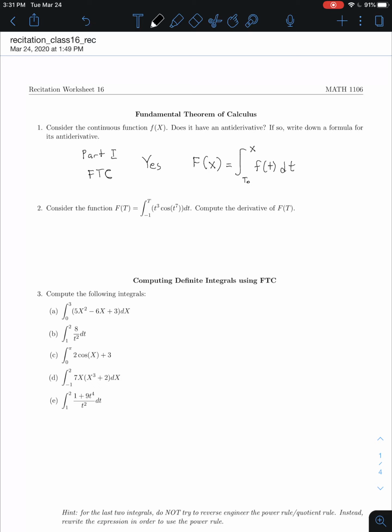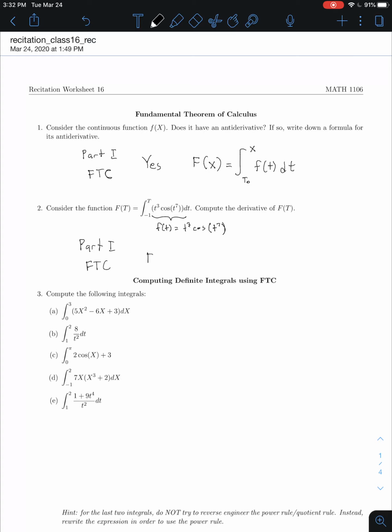Okay, and now for question number 2, this is again going to be using the first part of the fundamental theorem. Here we want to compute the derivative of this uppercase F, and like it said in the first part of the theorem, the derivative of uppercase F is going to be the inside function, this lowercase f. So if we let lowercase f of t be t cubed cosine t to the 7th, then we use part 1 again of the fundamental theorem